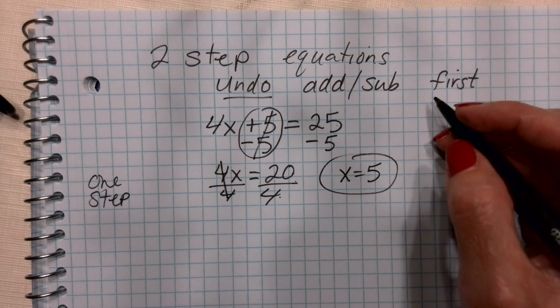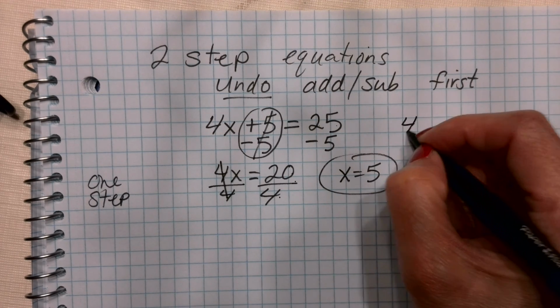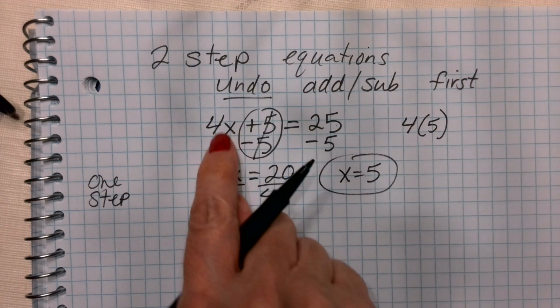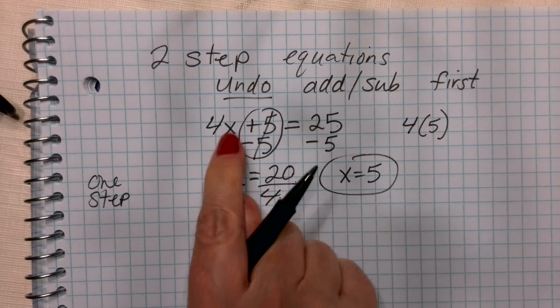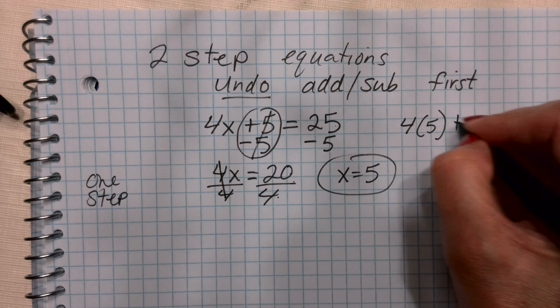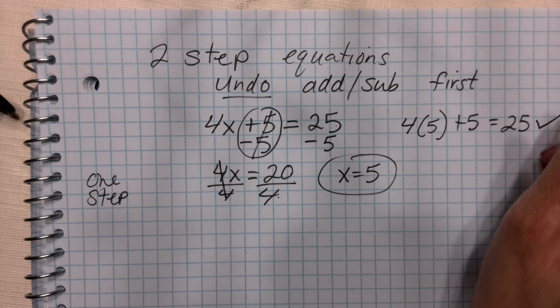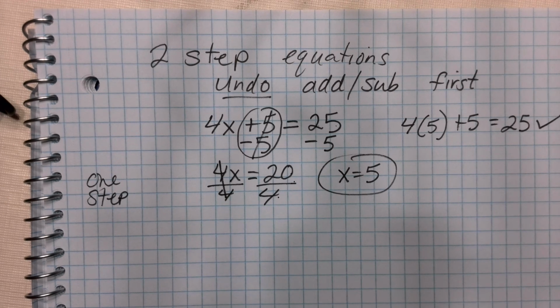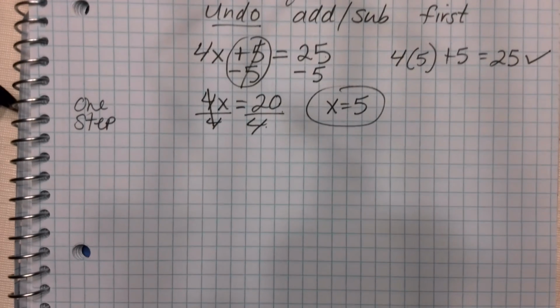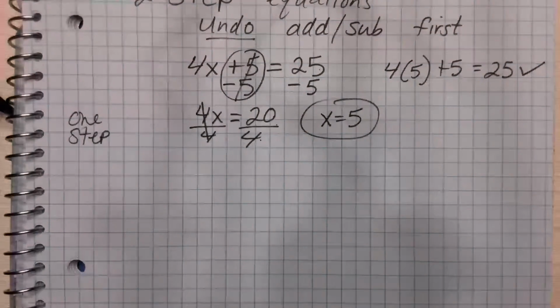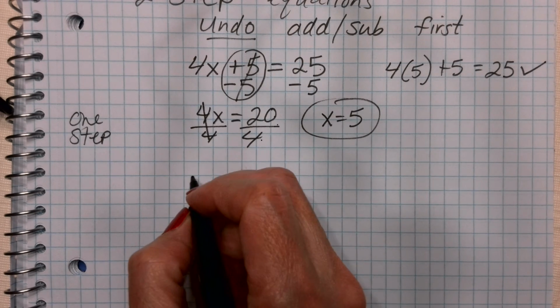And then I can check that by saying, is 4 times 5, right? 4x, x is 5, plus another 5, is that going to give me 25? And if that makes sense, and it does, then I am correct. Okay? And then let's try another one. What about